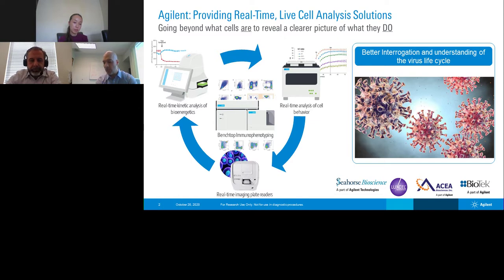Now, whether or not that'll have an impact on the impedance signal will vary on a case-by-case basis. I showed you an example where the plate was removed from the instrument, and that small temperature fluctuation during that time resulted in a transient sort of blip in impedance. You may see something like that, but if the cells are in the same type of media during the adsorption step and then after the washing step, then in theory, the impedance signal should remain constant. Again, temperature may cause a slight fluctuation, but the value should return to where it was prior to the wash step.